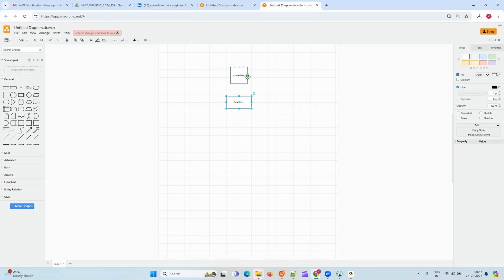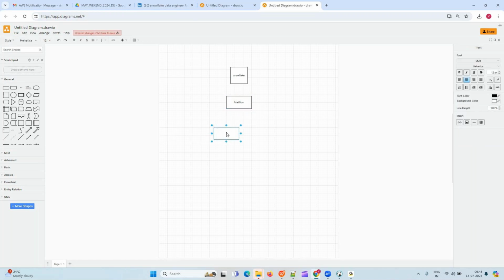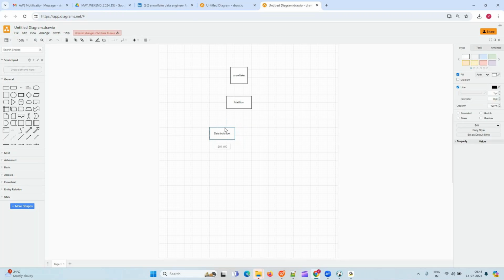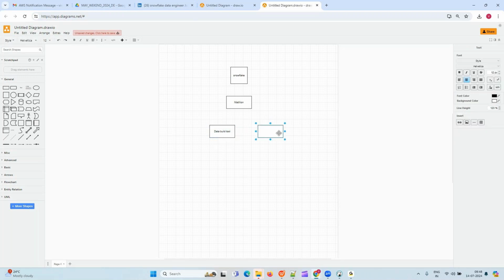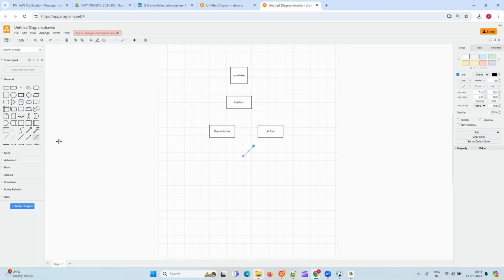So this also we are going to learn. First we are going to learn Snowflake, then Matillion, and then we are going to learn DBT. This is one of the new tools, data build tool, guys. It came into the market recently, and with Snowflake it is becoming really popular. Also, we are going to see how to use a scheduling tool like Airflow. So this is how our learning path will be.